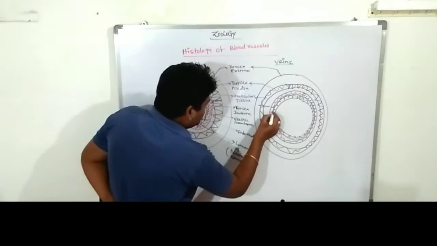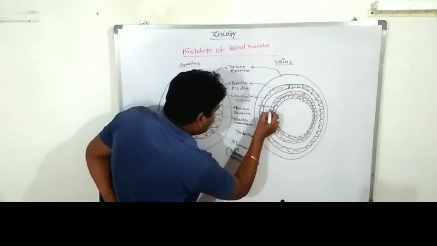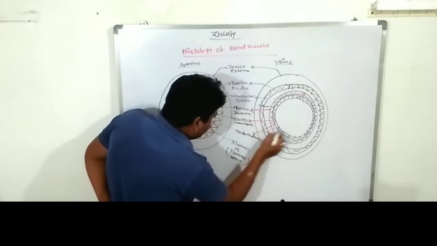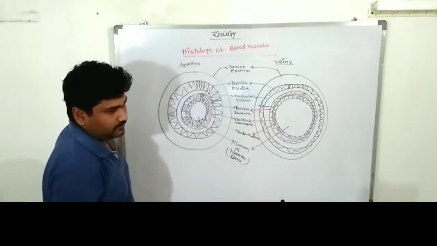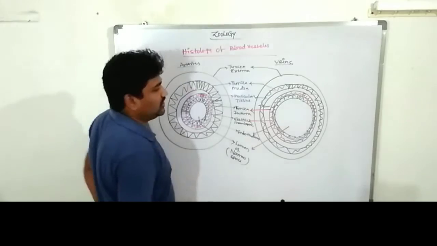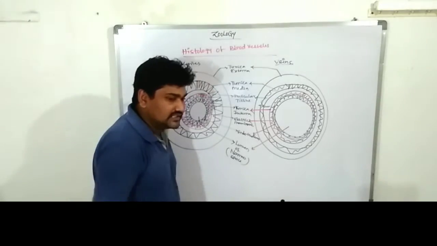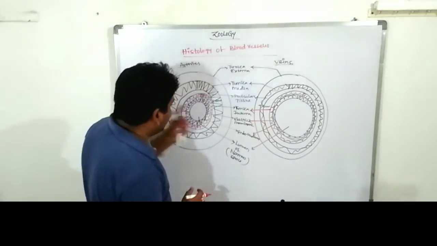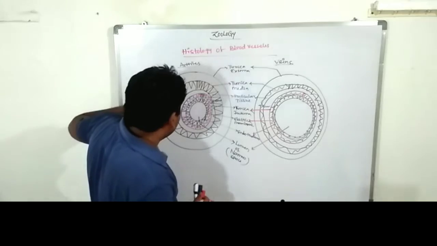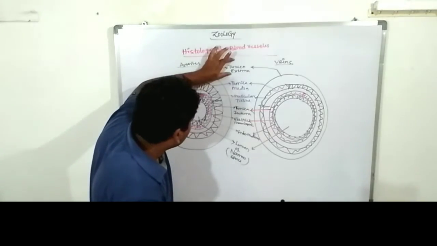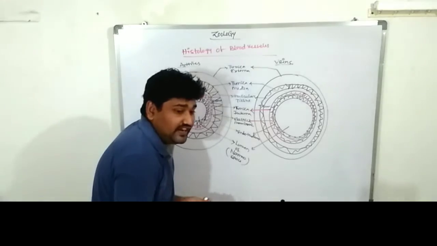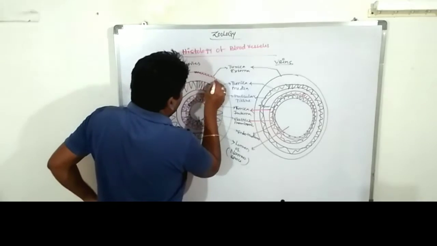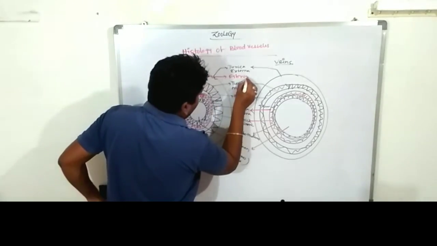So this one is tunica interna. Elastin membrane. The third one is endothelium. This one is the lumen of the blood vessel. Are you clear? So this is known as the histology of the blood vessels. Now we are discussing the difference between arteries and veins. Arteries are covered by the outermost layer known as the tunica externa. The tunica externa is made up of fibrous tissue.